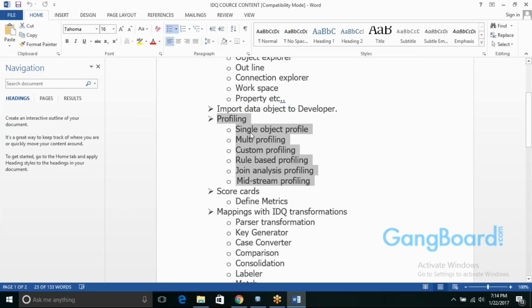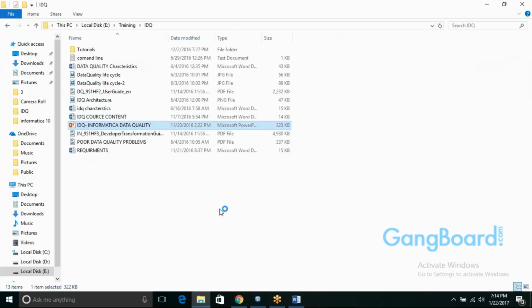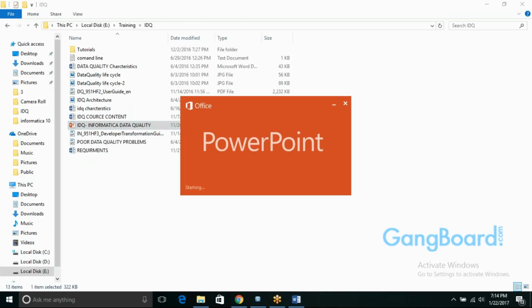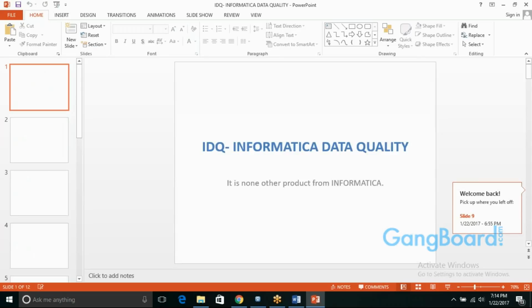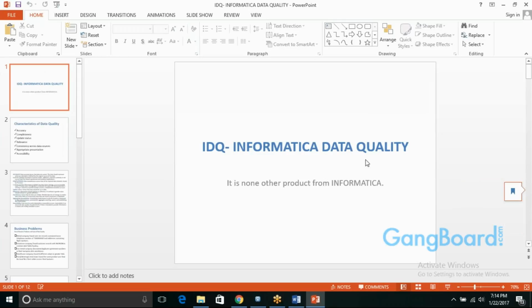For that, the first initial stage is the profiling. Let me open this. You're going to show me how we're going to use the Analyst tool also, right? In this training, I will show you everything. I will cover all those things. But in this first session, just